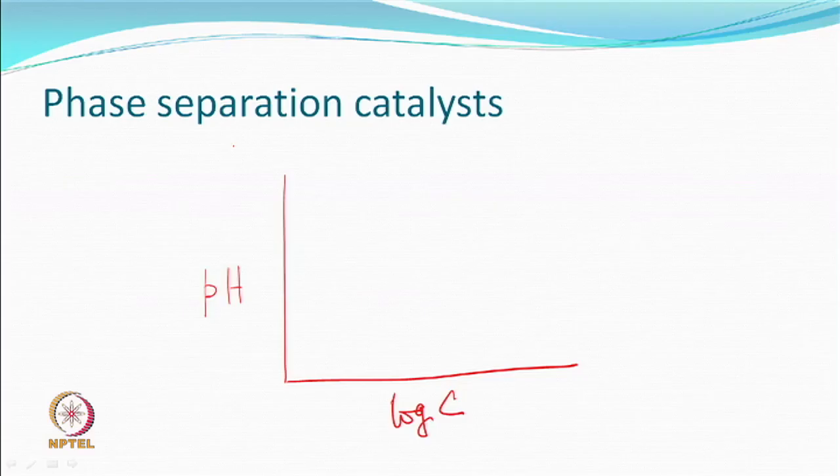Loss is one part of it, but if it becomes yellow also, then you see it. So you may not like to do that. Another very interesting class of catalyst is called a phase separation catalyst. Phase separation. That means during this process of curing, the catalyst separates in two phases,